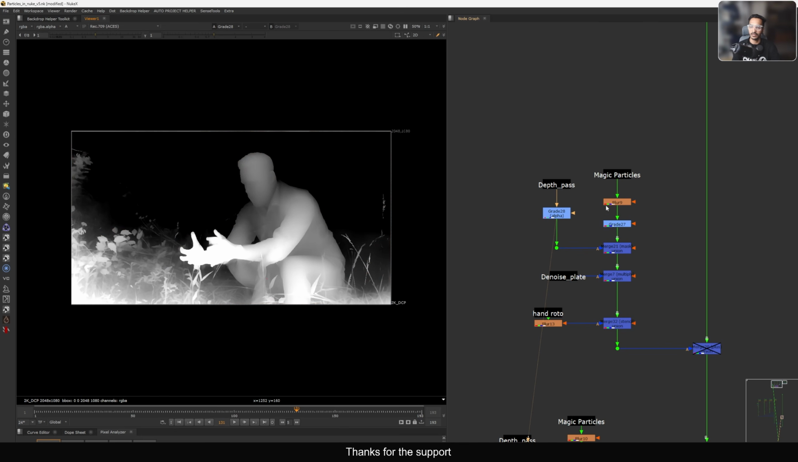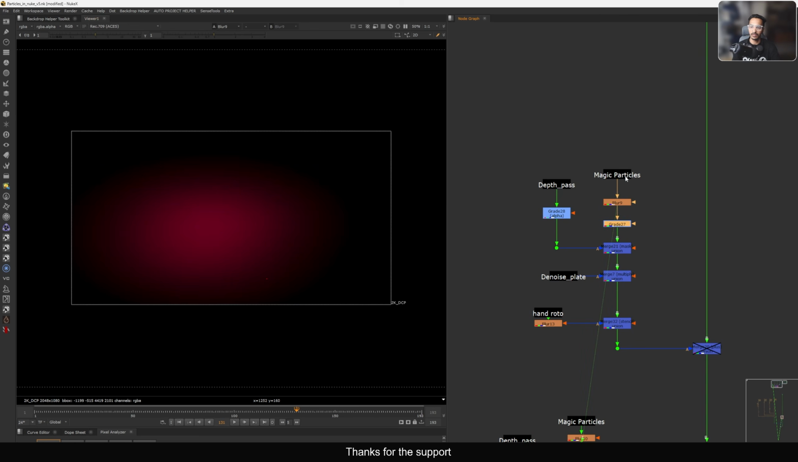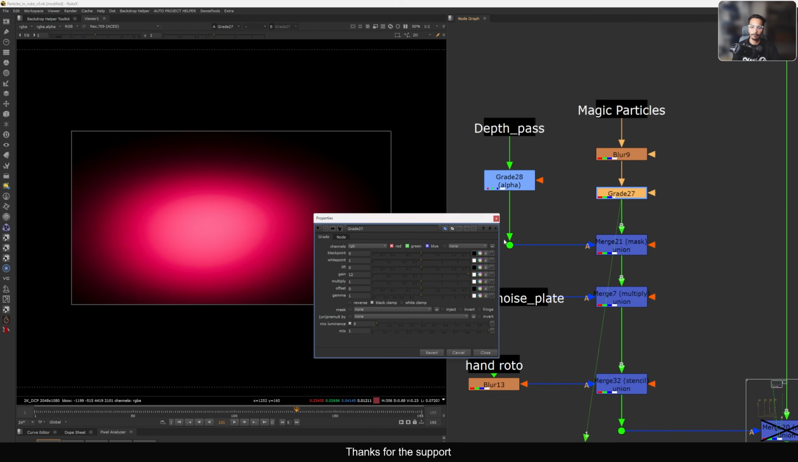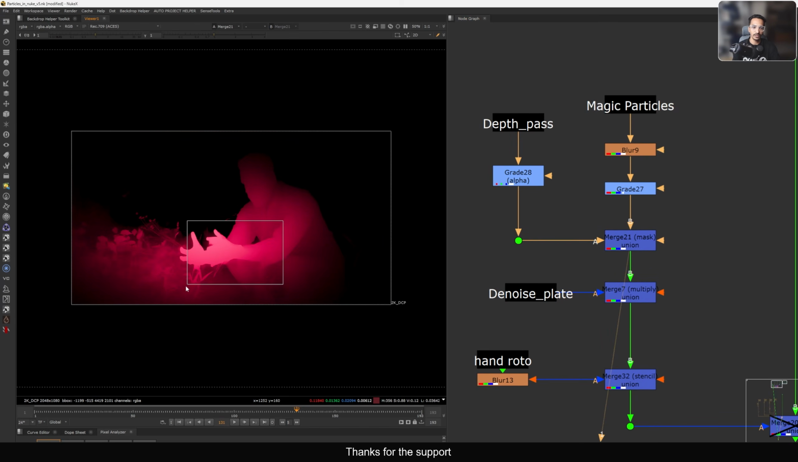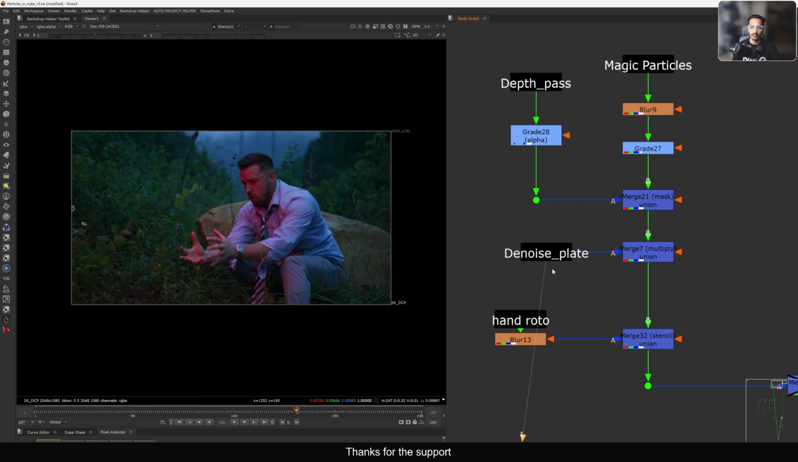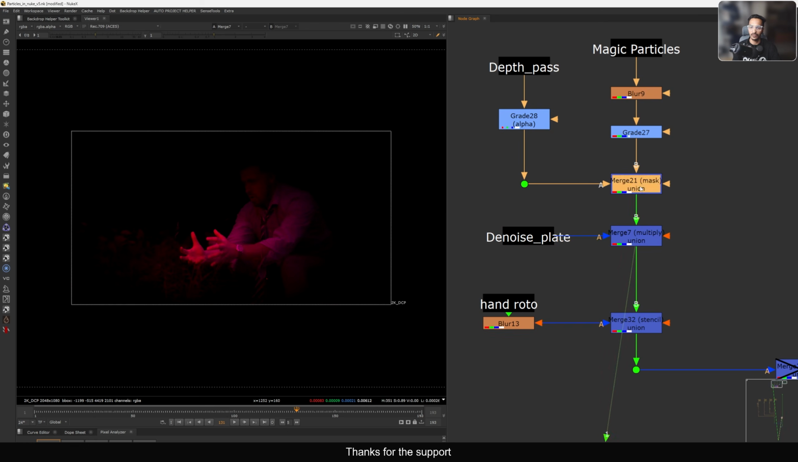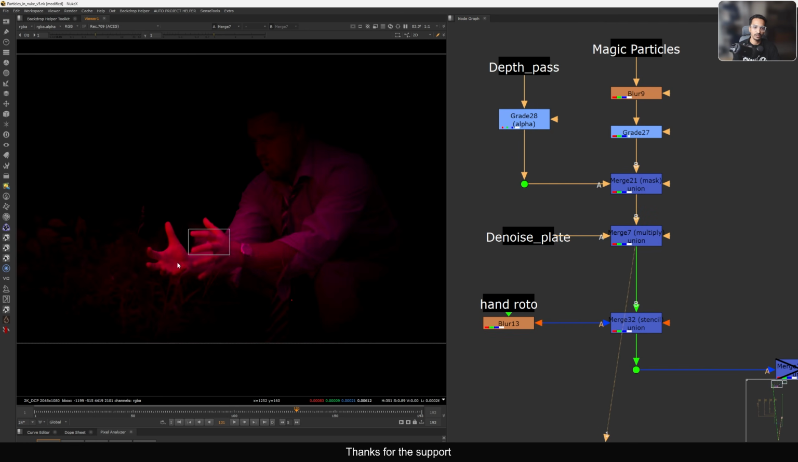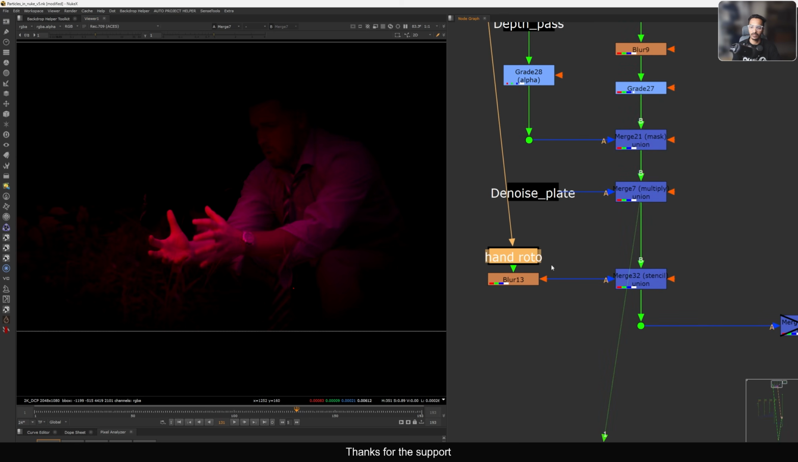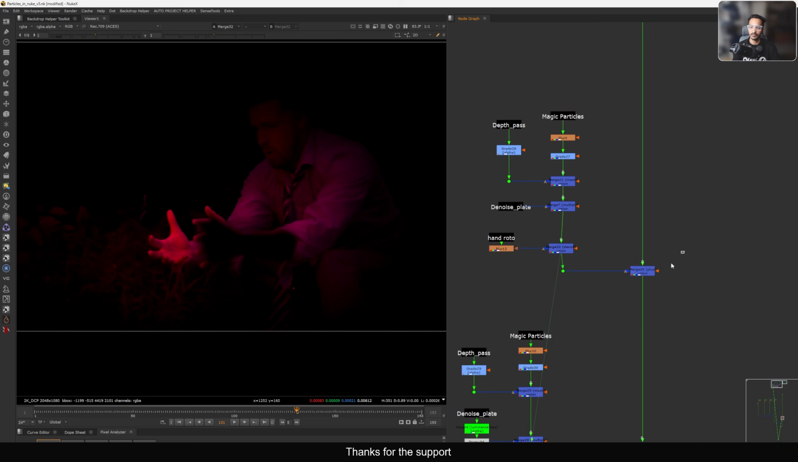So I created the depth pass, and I grade my plate. This effect, I blur this one. I add a gamma, and I mask out like this with the depth. I'm taking a noise plate, denoise plate, and I'm multiplying with this color. So now we can see we have nice color, and just removing with the stencil and just plussing this over